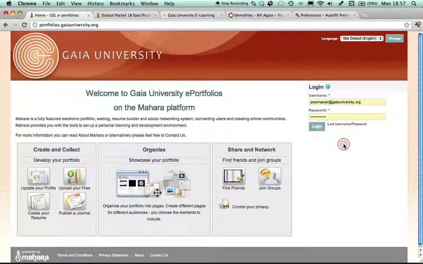And if you ever lose your password or your username, this link here will take you to a page that allows you to tell Mahara that you need an email sent that contains the reset link in it. And if that doesn't work, don't hesitate to contact me in order to progress from there. So now I think Bill is ready to log in, so we're going to go here and see what happens